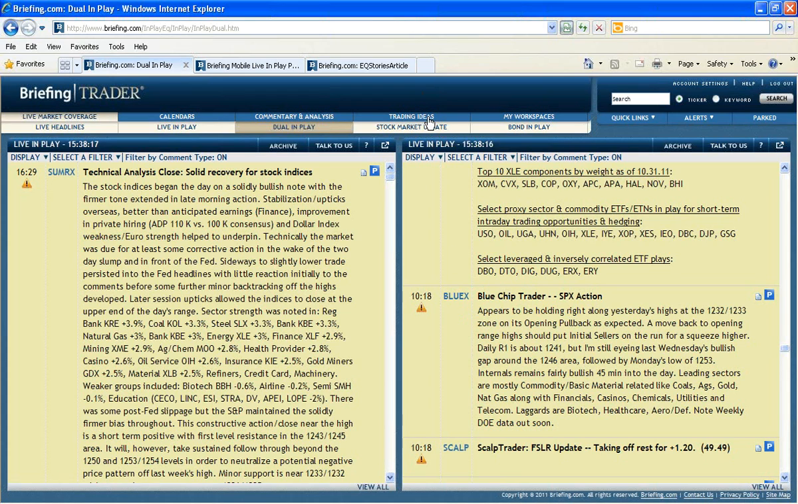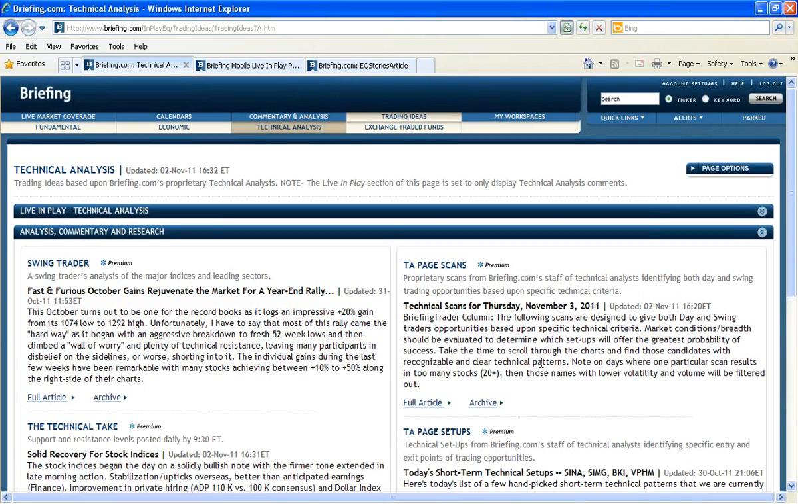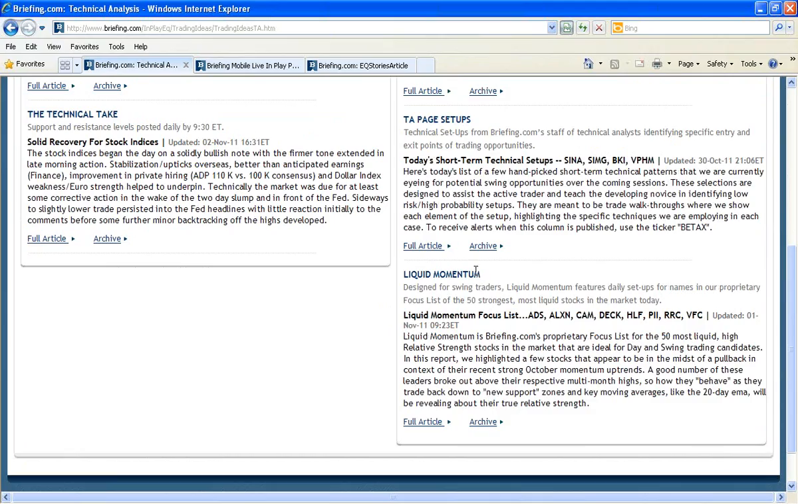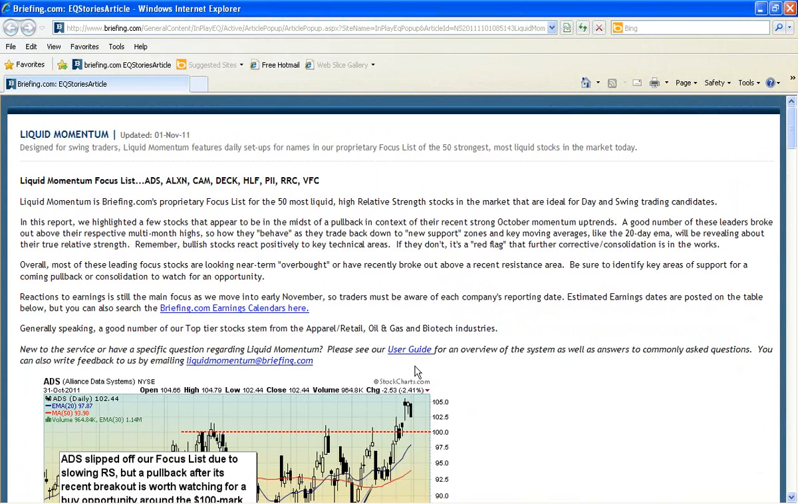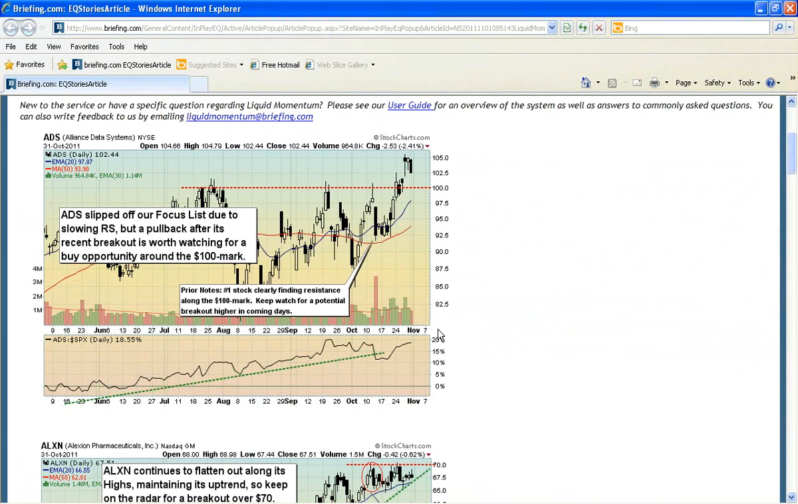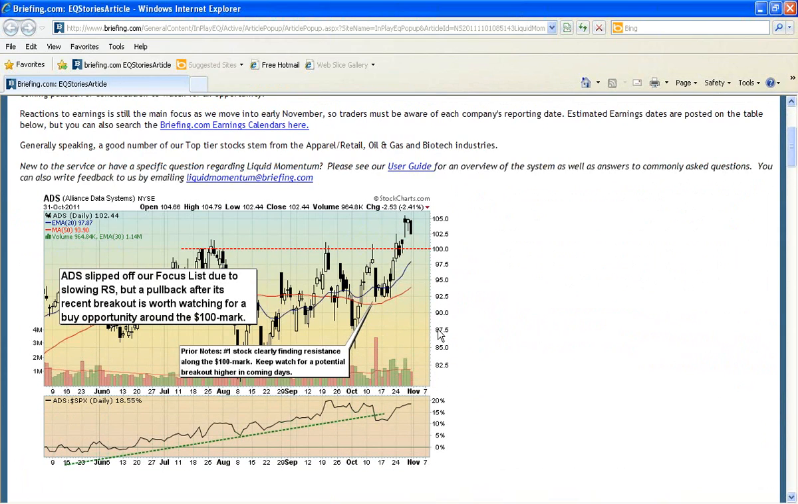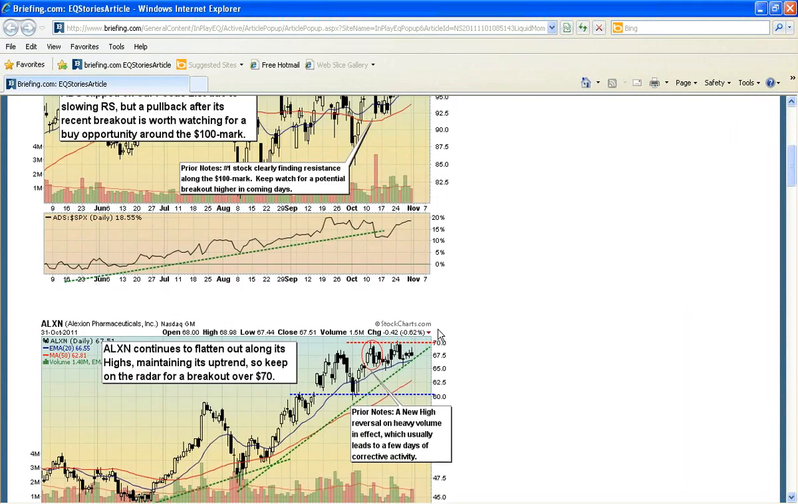And I'm going to take you to a report that he updates each day. And it's under Trading Ideas, Technical Analysis. And this is one of the pages that I try to look at each morning, the liquid momentum. And what it does is it provides a list of the most technically strong, trending, large cap names in the market. So these are names that traders who are looking for trending names or want to trade liquid names, and especially if you're trading size, these are the types of names that you should keep in front of